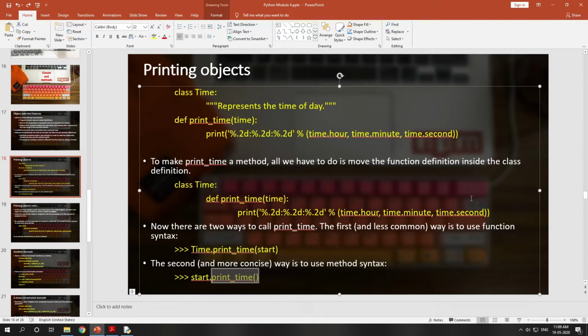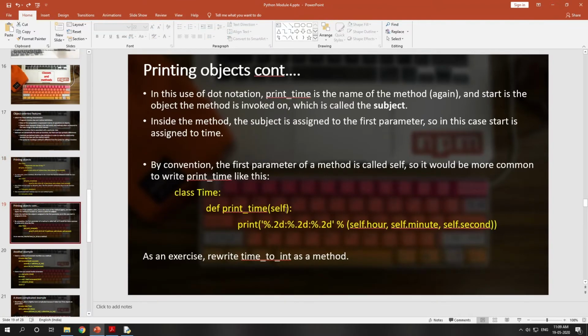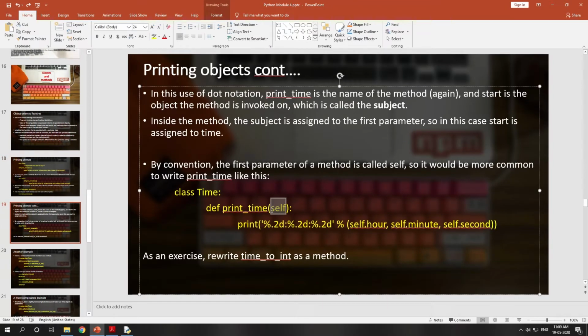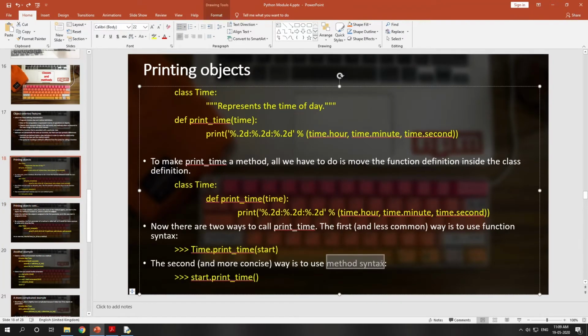In function syntax you write the class name where the method resides, then the method name, then the object that it takes. If it doesn't take any parameter, then none. If the method doesn't have self as its first parameter, you cannot call it using method syntax. You can call that method as a function using function syntax.